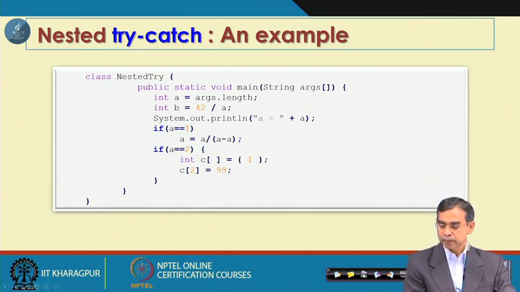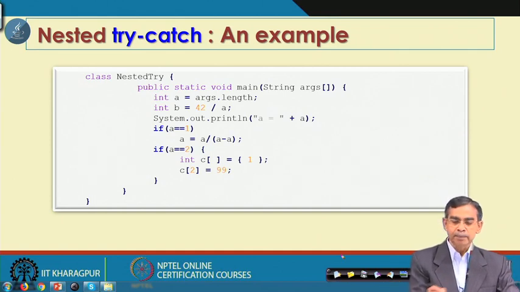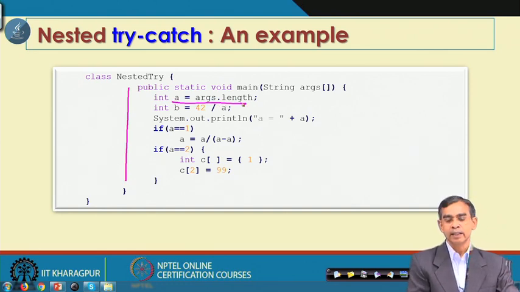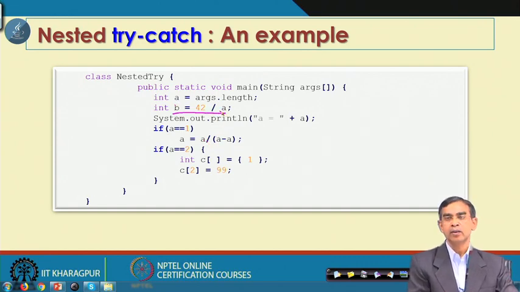This is again a simple example that we can think about. It is a very simple program, it has only the main method. So, we want to handle the exception in this method only. Here args.length means the number of inputs the user passed, and according to that the value a will be decided. If the user does not pass any input, a will be 0, and as we see there is an exception called divide by 0, or arithmetic exception.